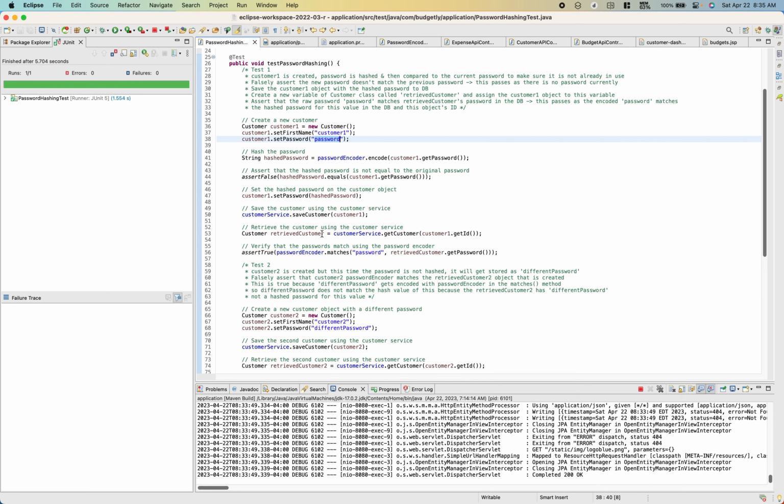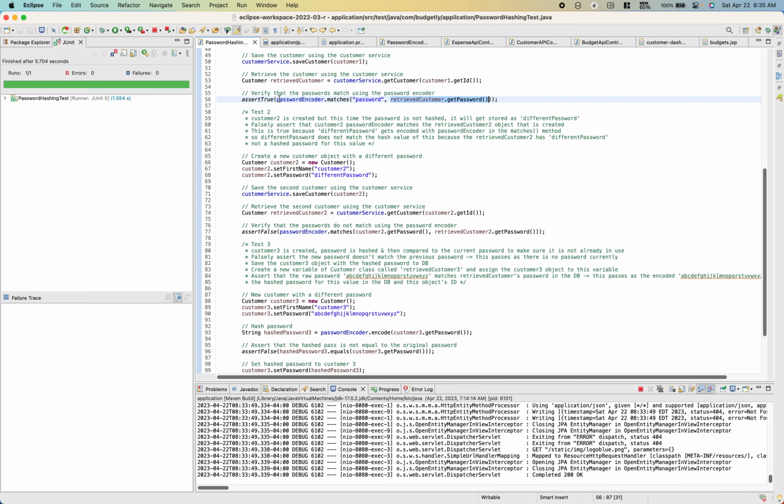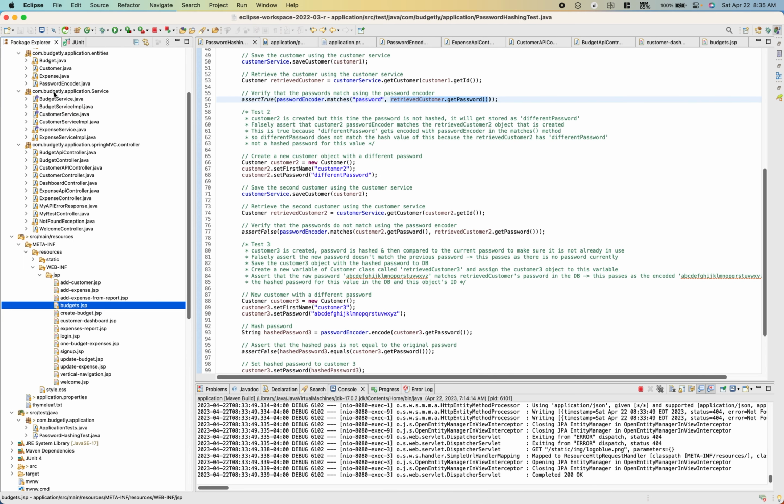Then I'm creating a new variable. I'm going to retrieve this customer using the customer service, get customer 1 by the ID. And then I'm going to assert that the raw password matches what got stored in the database, or in this case however it's being stored in JUnit. That's what these tests were for, and you can see that when you run them,